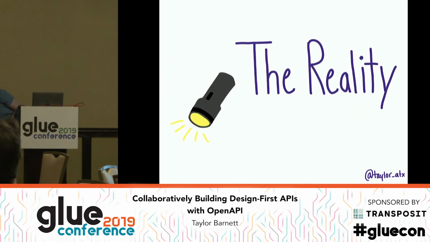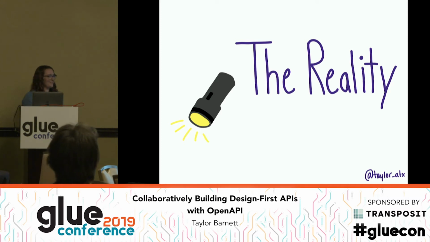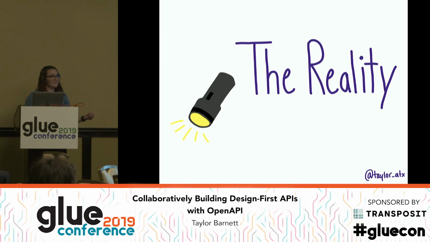And so now, the reality of all of this. The question of who creates the spec is still an open one in many organizations. Also, developers are maybe not totally on board with this idea that they have to do an extra step before they can start writing code. These are things to start talking about with our teams. But what I have really seen is, find the thing that the developer's really struggling with. Whether they're annoyed at some of the bugs they're having to fix that could have been caught by contract testing, or something else. Find the thing that matters to them and show that to them.